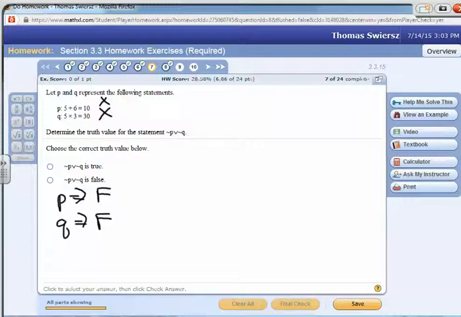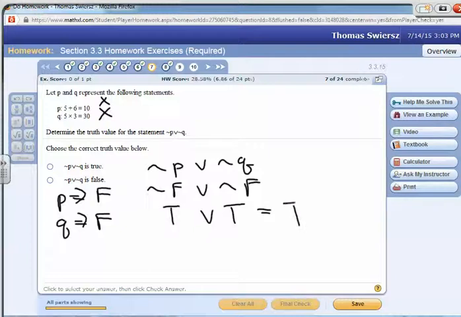So now negation of P or negation of Q. All right, we're going to negate P, which is a false statement, or negate Q, which is also a false statement. The negation of a false statement actually makes it true. The same way here, negation of false makes it true. And then finally, true or true for an or statement, either one or both are true, makes it a true